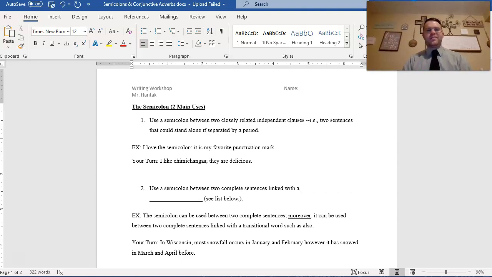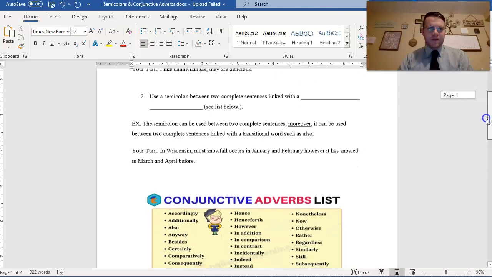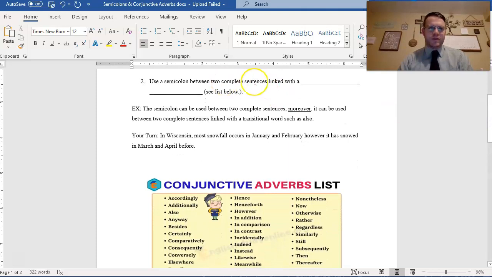Really, the only sin that you can commit with that is overusing them. Having compound sentence after compound sentence after compound sentence, only using semicolons. You'll want to vary it up a little bit, but you're right, it is easier than using a comma and a conjunction. The other major rule with the semicolon is to use a semicolon between two complete sentences, linked with a